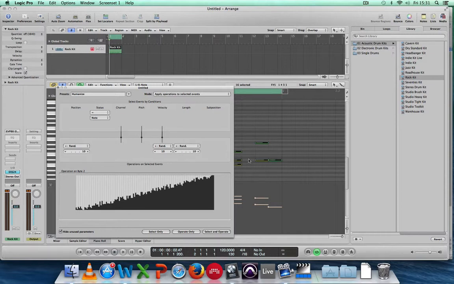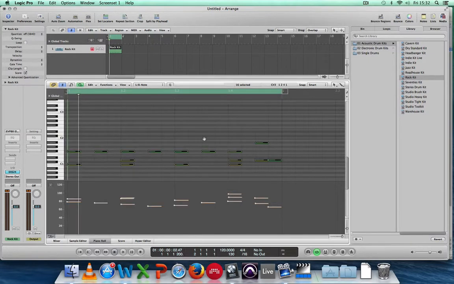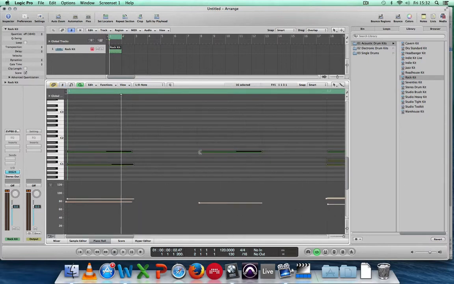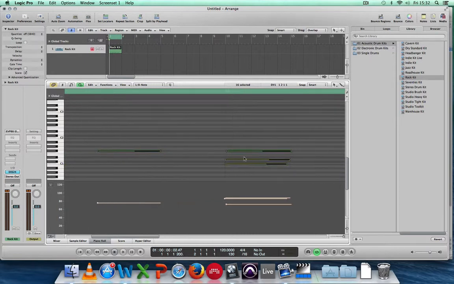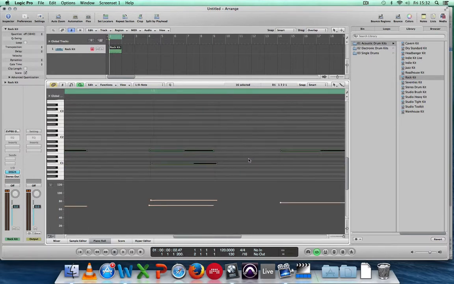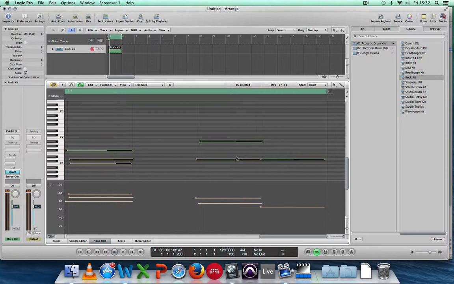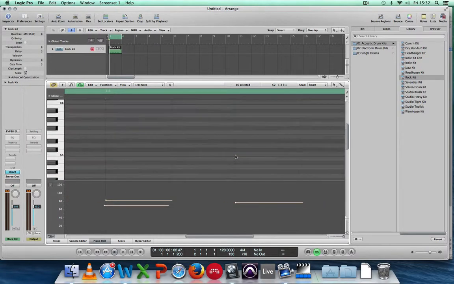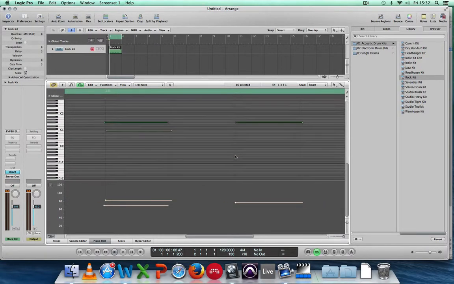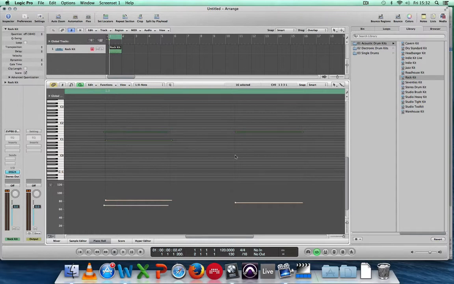I already have the MIDI information selected underneath, so I'm going to click on Operate Only. What we now see, if I zoom right in onto my MIDI information, is that the notes now start ever so slightly around their original start positions. Much more likely in terms of a natural performance. If we have a listen to this,